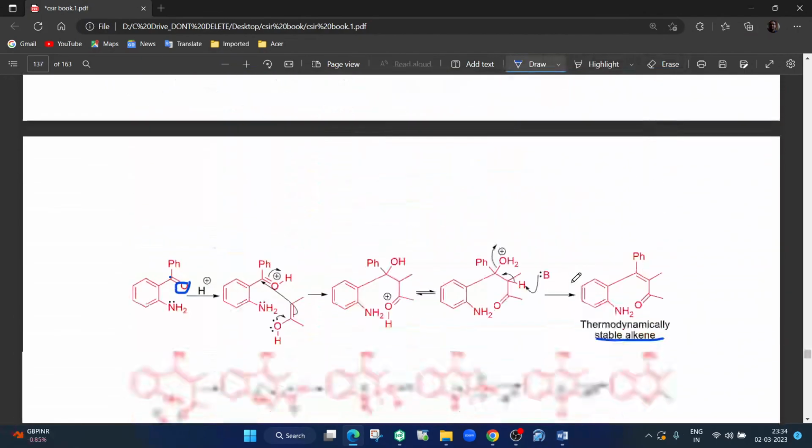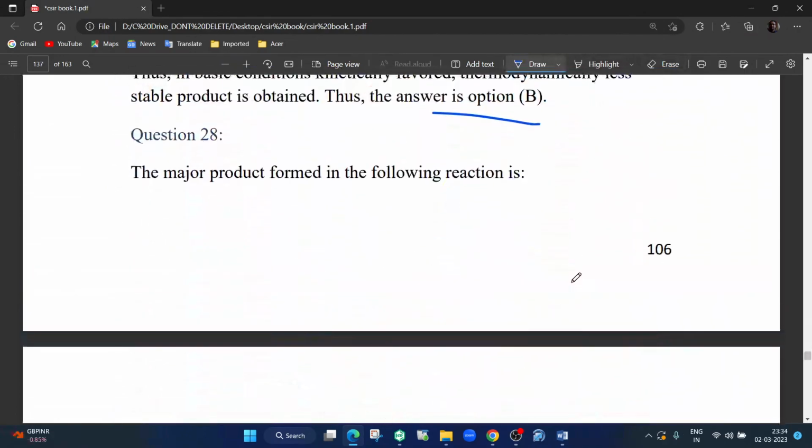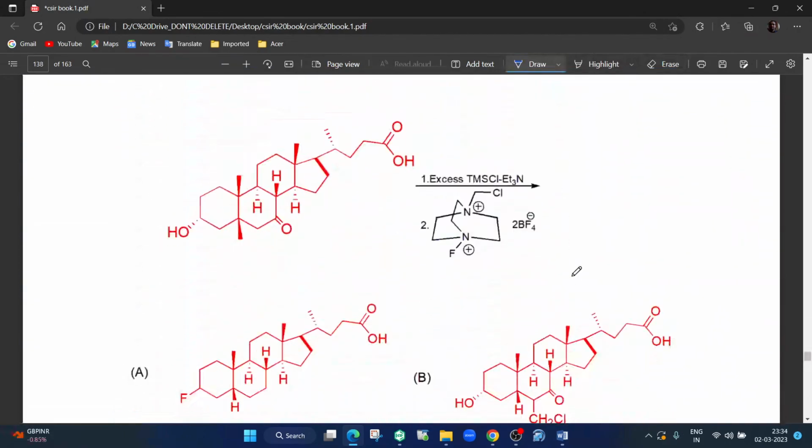Moving on to the next question. The question says the major product formed in the following reaction is. So you are having a lot of OH, basically OH is here, ketone is there, and you are having Et3N and basic condition, so this can also go through keto-enol tautomerization, so you have O minus, and then you are having this carboxylic acid, so you are again having an OH group and you are reacting it with